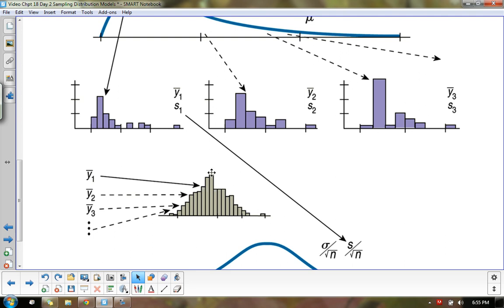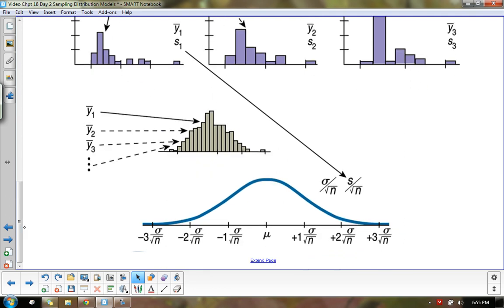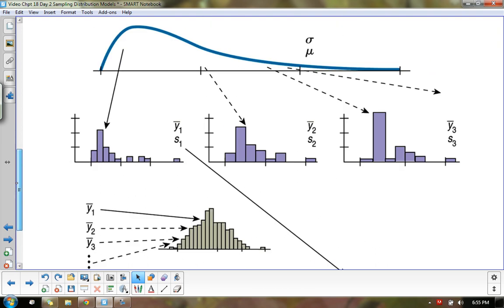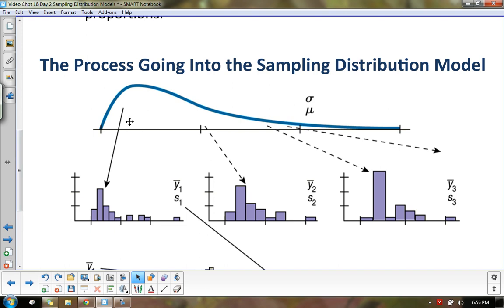And if I put together a graph of all of the means from each of my samples, that graph should start to look approximately normal the more samples I do. And not just any type of normal, it's normal that should be centered at the mean of the true population, wherever that average originally came from. So in this one, it's probably over here someplace, because it's skewed right. It's going to pull the mean right of the median.